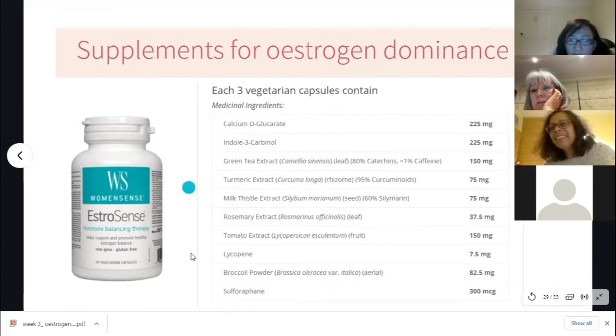So you can see something like this, you go, well, heck, that's a really good formula, I would take that, and that's definitely going to clear out the aggressive estrogen, and that formula can be used for any of those estrogen dominant type conditions.